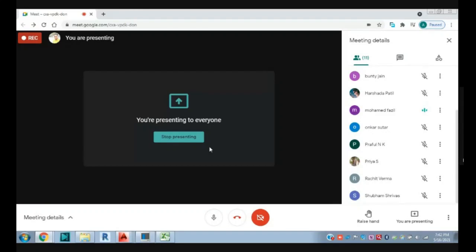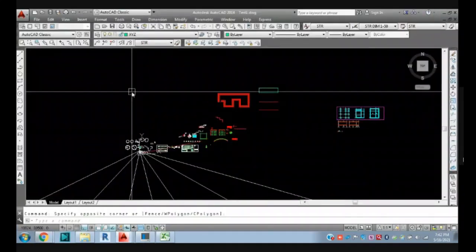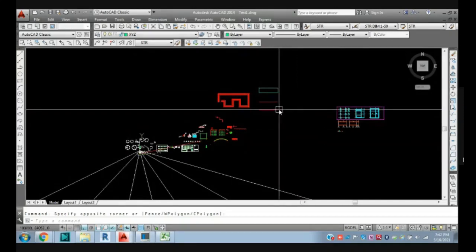Isometric. Actually, this session is just for basic AutoCAD 2D drawings, not for 3D. So we are concentrating on 2D, and isometric comes under basic only. 2D isometric means, if you want to create some 3D part, then you need to set this for ortho, right?